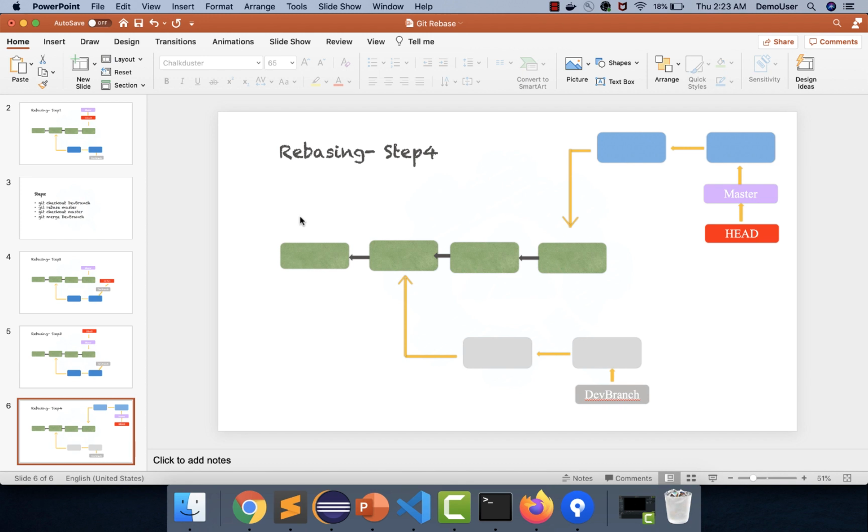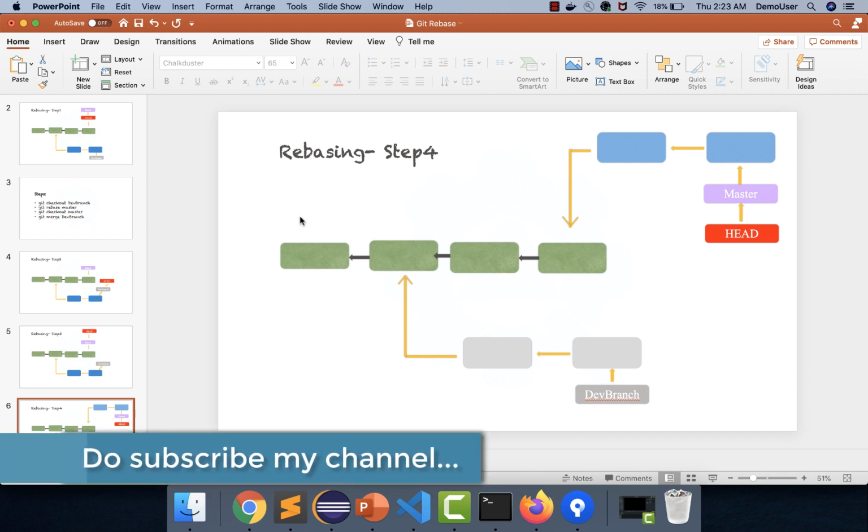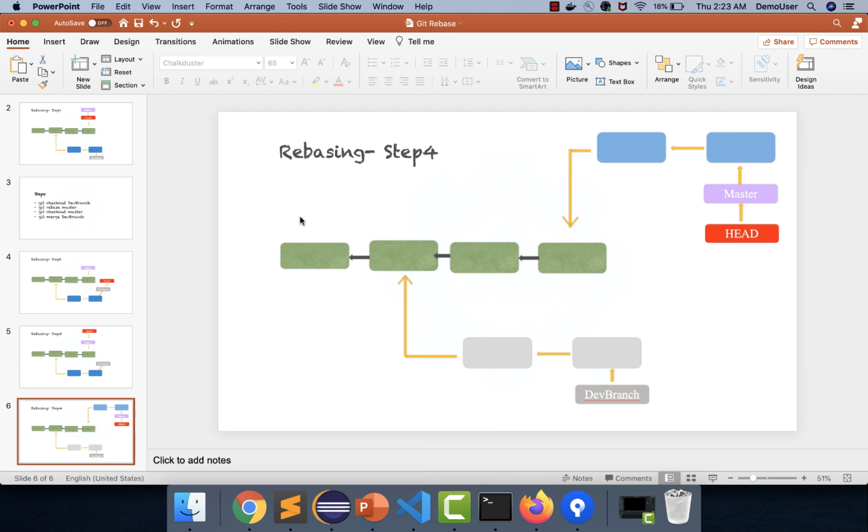But in case of rebase, multiple commits are created freshly, which are copies of the branch which you're trying to rebase onto the master branch, and the old commits that have been created over here, that is in the gray section, will go for garbage collection, and this will no longer be used by us. The newly created commits will start pointing to the last commit of the base branch, that is master in our case, and the master pointer as well as the head pointer will move to the last commit of the commit series that has been created.